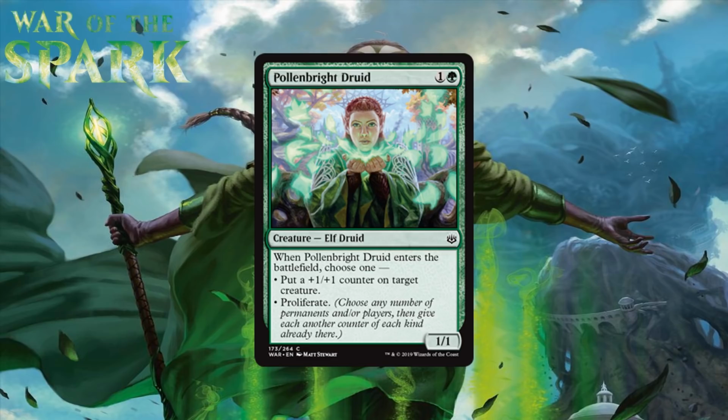But this set has a ton of proliferate, so those counters are even better than usual. Additionally, this can proliferate for you too, which you'll be doing if you already have other counters in play. Either way, you're going to get some value out of your 2-drop in the late game, and that's not always easy to come by. This is a good common for green decks,